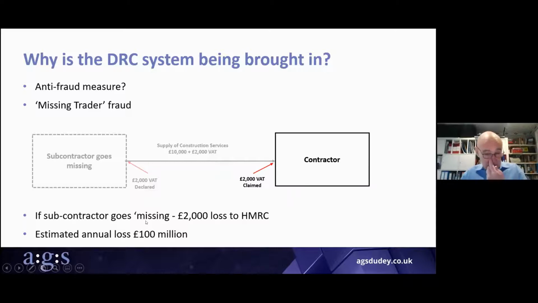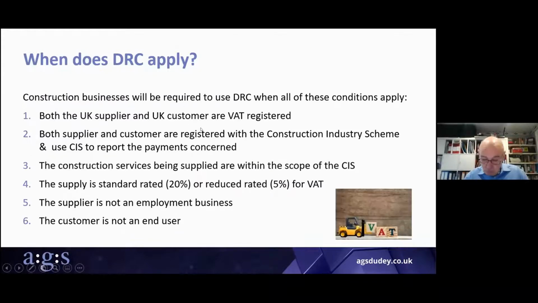The estimate was that in 2021, loss in the construction industry could be as much as 100 million. In terms of missing trade or fraud overall, and I'm sure you've heard of it to do with mobile phones, it's estimated the loss to the economy could be as much as 12 billion in a year. It occurs in a lot of places. That's why they brought it in. There's been some debate as to whether it's necessary. At this stage, it doesn't really matter because it is happening and it's starting next week.